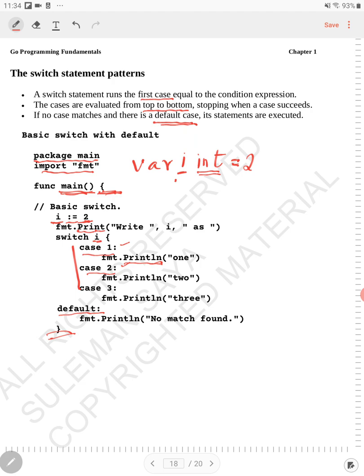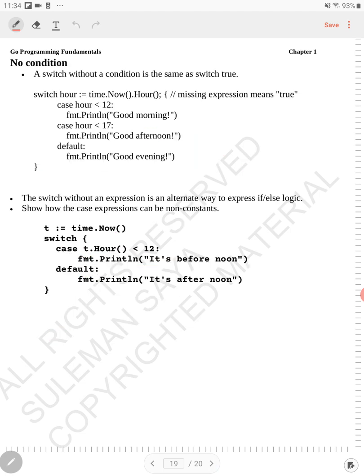Okay, so that is a very common way to write a switch statement. So now let's look at more complicated switch statements. You can have a switch statement without a condition, which is the same as a switch true. What that basically means is that there is no condition. In this case, we are creating a variable called